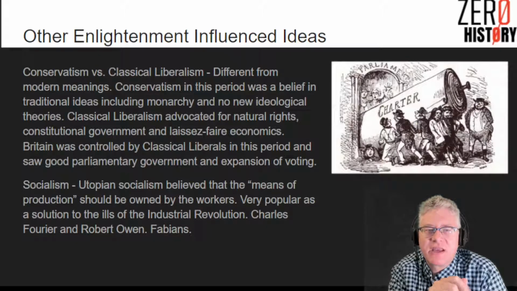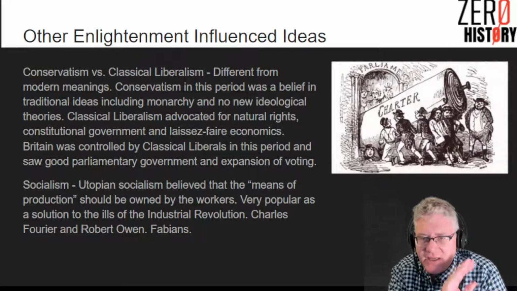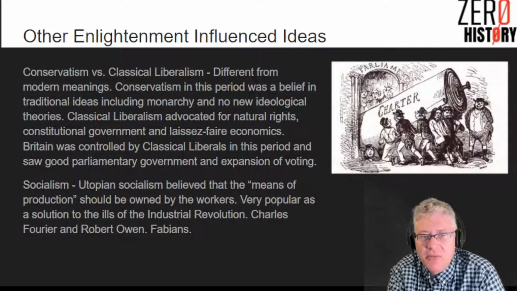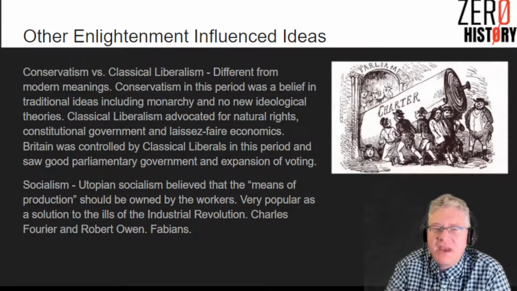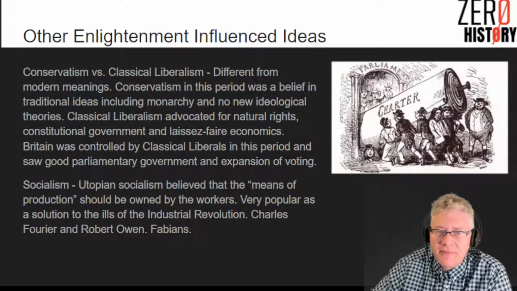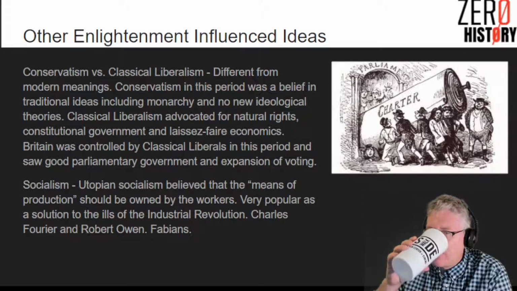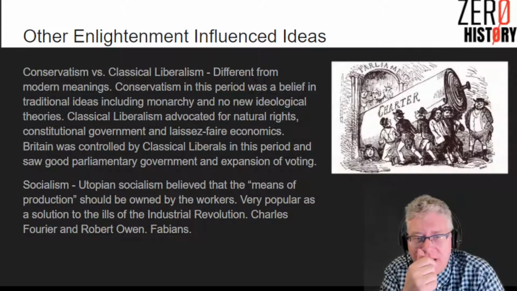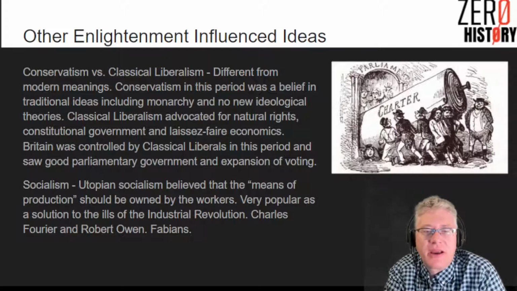What this is basically is that conservatism in this time period advocates things like powerful monarchies and conservative traditional ways. Classical liberalism, on the other hand, would be to move away from those things. So conservatism in this period was a belief in traditional ideas, including monarchy and no new ideological theories, whereas classical liberalism would advocate for natural rights, constitutional government, laissez-faire economics. Britain was controlled by classical liberals in this period and saw good parliamentary government and expansion of